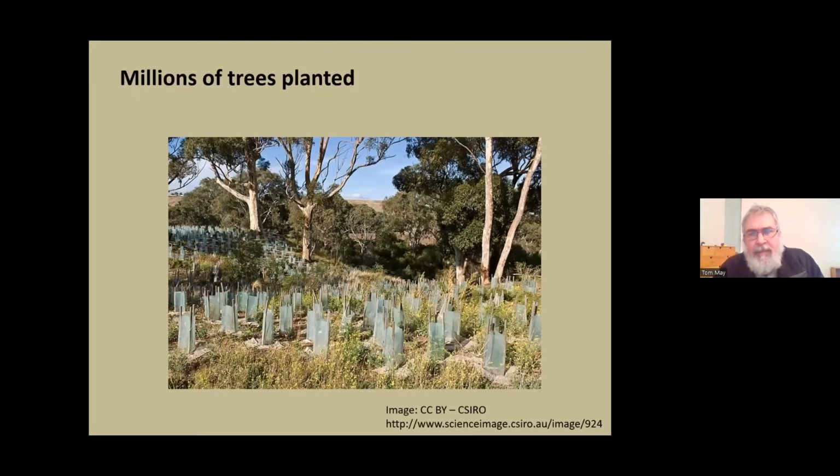So if we think about the millions and millions of trees and plants that are put out, both for just general restoration and for translocation of rare and threatened species, what about the fungi? And I would say vast majority of those plants that are put out, apart from orchids, no consideration at all of the fungi. We just sort of hope the right fungi are there, either in the soil that the plant's been propagated in, or in the soil where they've been put into, or somehow that the fungal spores blow in. And I think this is a really important thing to recognise, that we really just have no idea about that.